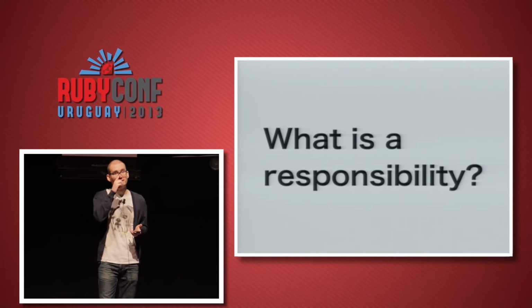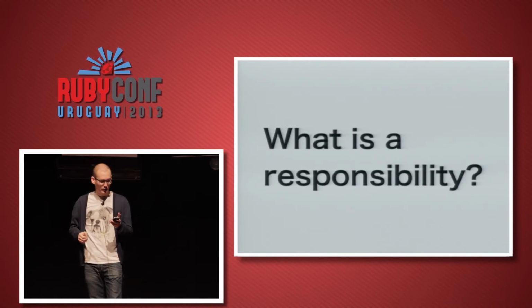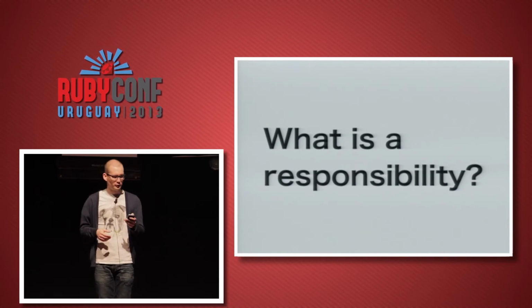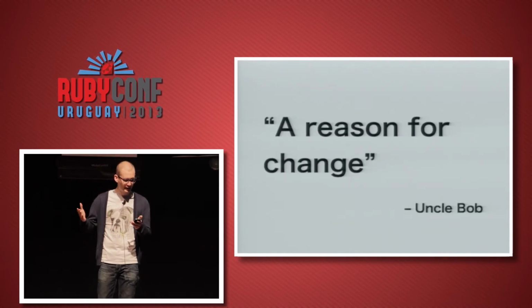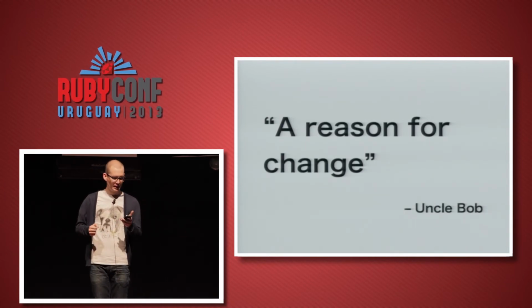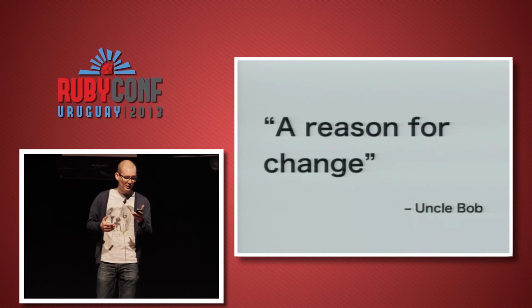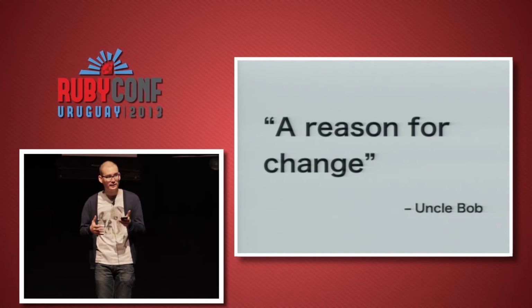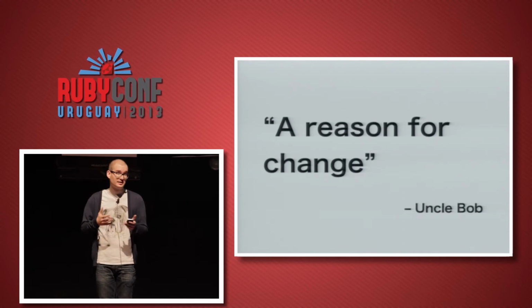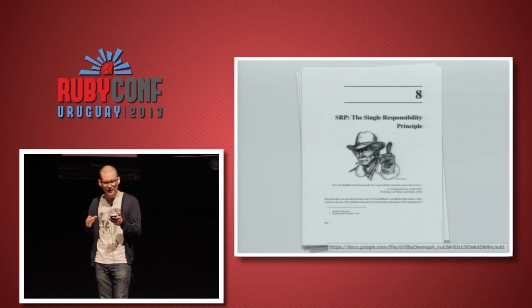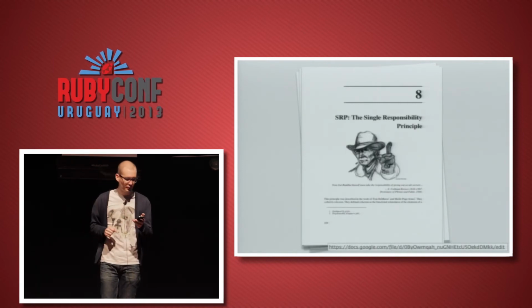Some questions arise later, you know. What exactly is one responsibility? How can I identify responsibilities? Robert Martin, Uncle Bob, defines a responsibility as a reason to change. And while I'm not sure this definition responds to any of my previous questions, it indicates that, again, this is about things that change.